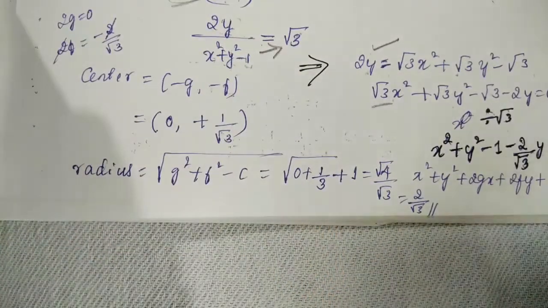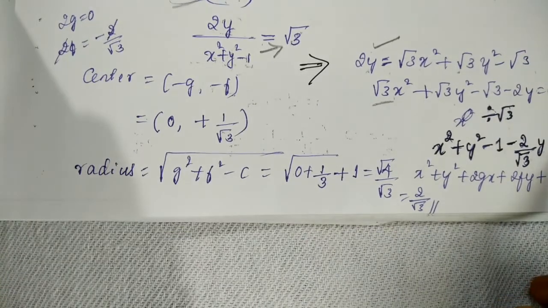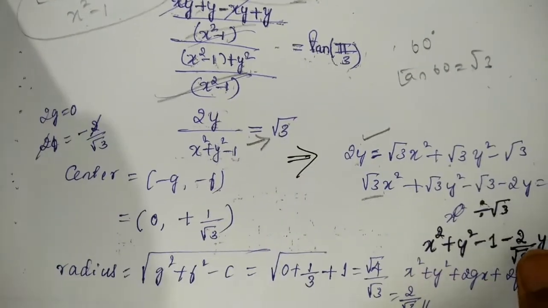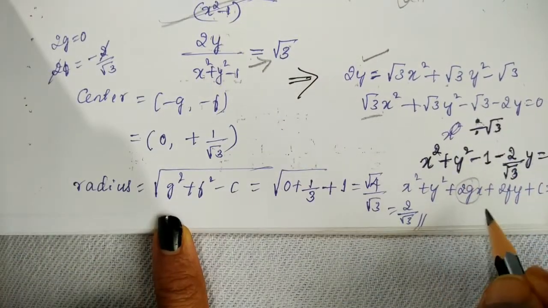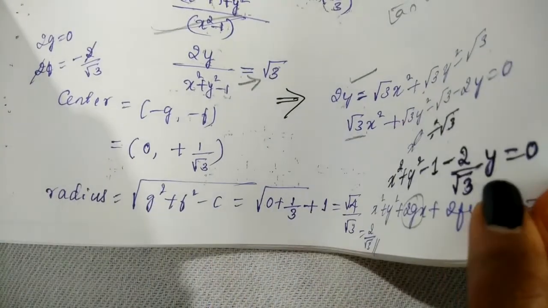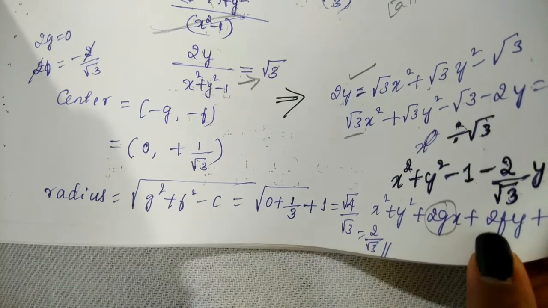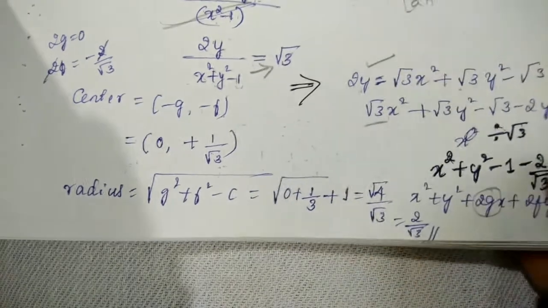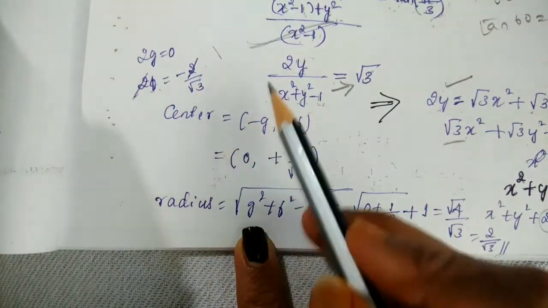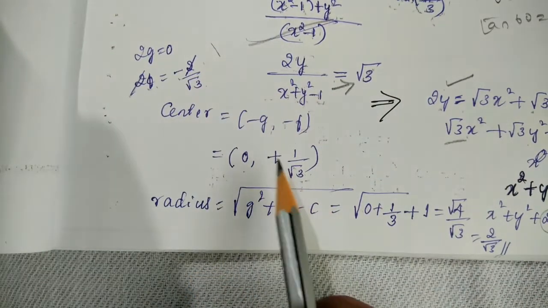So now it is in the form of x square plus y square plus 2gx plus 2fy plus c is equal to 0. Here we don't have x coefficient. Therefore, what is the center? So we don't have x coefficient, that is 2g. Here we have 2g, but we don't have x coefficient. Therefore, g becomes 0. Here we have y coefficient. y coefficient is minus 2 by root 3. So what is this y coefficient for this? 2f. So 2f is equal to minus 2 by root 3. 2 ones are 2. So we remain with what? Minus 1 by root 3. So here g is 0. What is minus f? Already we have minus. So minus into minus plus 1 by root 3.